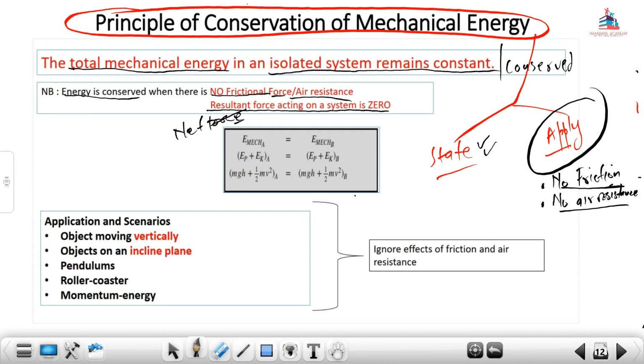There are questions that I came across some time back. The question will be, explain why mechanical energy is conserved. Definitely it will be conserved because there is no friction. It will be conserved. The resultant force acting on the system is 0. So let's kindly address that and know exactly where we can apply the conservation of